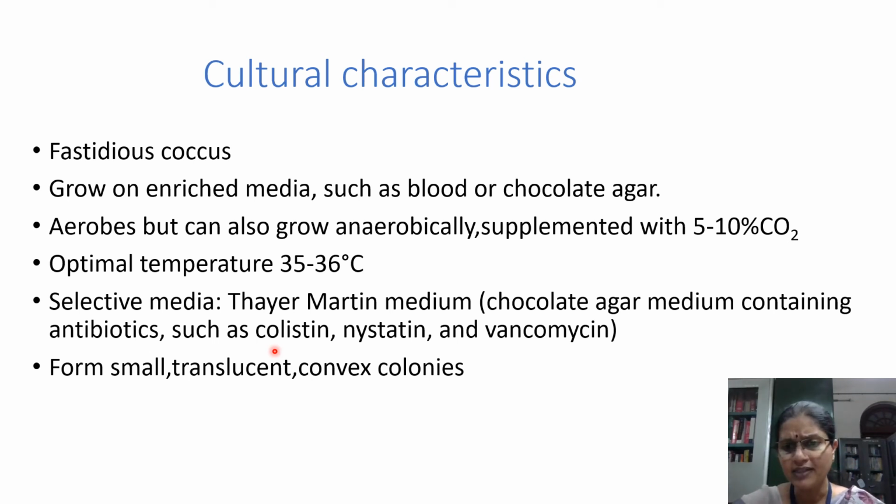See, not all species of Neisseria are going to cause disease. There are certain commensal Neisseria also that are present in our body. So in a clinical specimen, we will have to avoid this Neisseria also. So to inhibit the growth of commensal Neisseria, we are going to add colistin. Fine. And when you cultivate this organism in this medium, the colony characters will be like this. They usually form small, translucent, convex colonies on the medium.